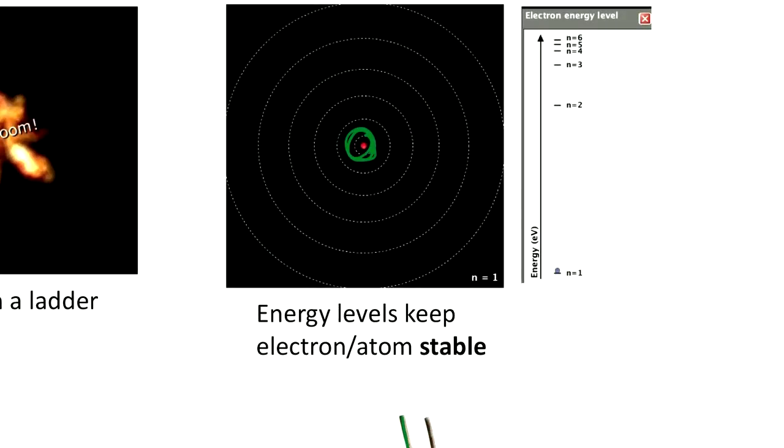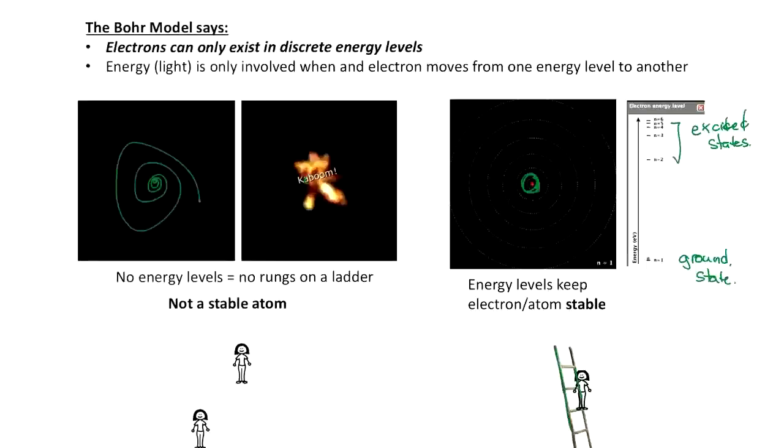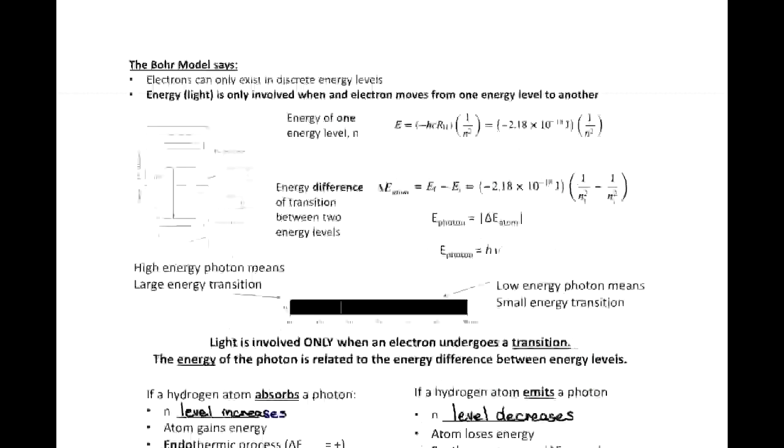And this is the spacing between those energy levels. Here, n equals 1, we call this the ground state because it's the most stable, just like a ladder. While these higher energy levels, we call these excited states. Okay? We can promote the electron to higher energy levels, and the electron can come back down. All right? And we call those transitions. And that is what the next